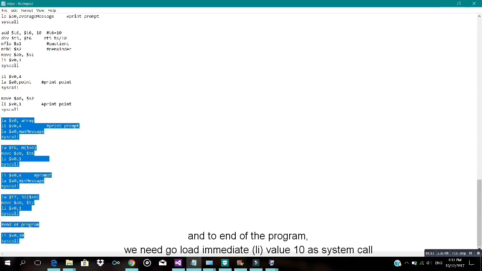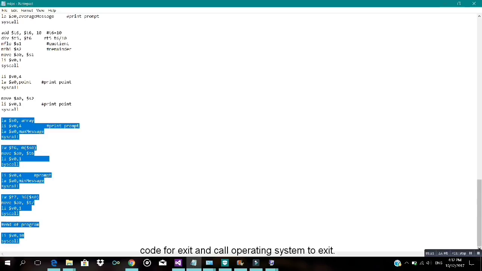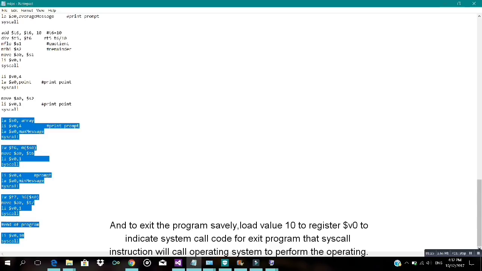And to end the program, we need to load immediate value 10 as system call code for exit, and call operating system to exit. To exit the program safely, load value 10 to register V0 to indicate system call code for exit program. The SYS call instruction will call